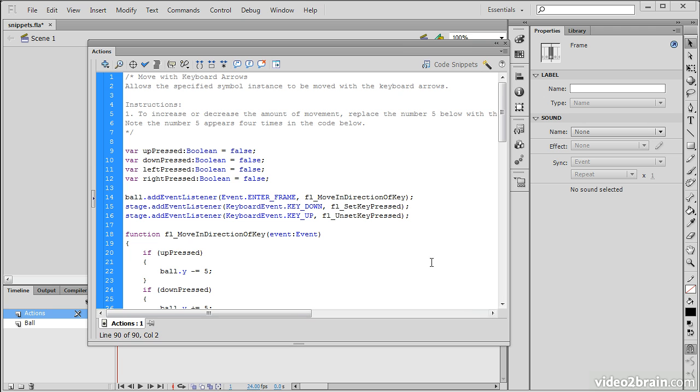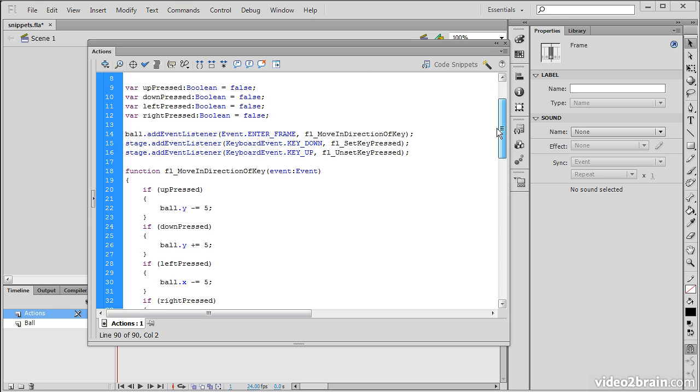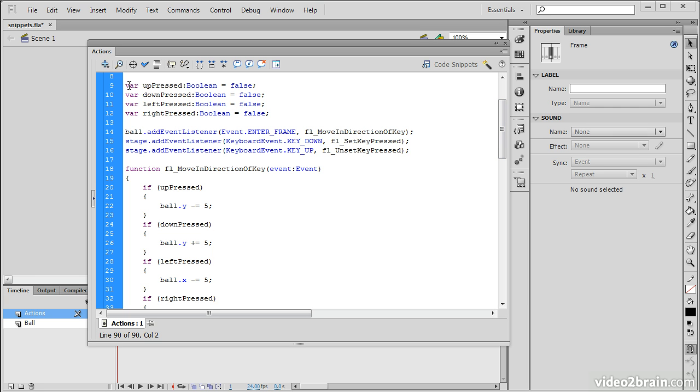So this is the full snippet of what was inserted from that little panel. We have a number of different instructions here, and then we have the actual code. So we've got some variables being declared, and these are typed as Boolean. A Boolean is either true or false. By default, it's false, and they're being set explicitly to false in this example. It's then going through and adding an event listener to our ball of type Event.ENTER_FRAME, and this executes upon every